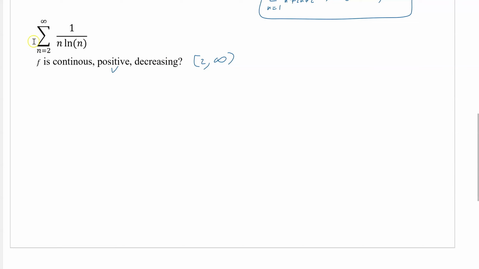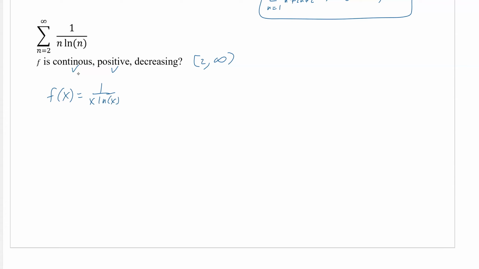And we're going to have to show that with a derivative. And then continuous. Well, we know there's no denominators here that are going to give us a 0 because we don't have our ln of 1 output of it. And that's not going to happen there. So again, continuous. Now decreasing. So our f of x here is 1 over x